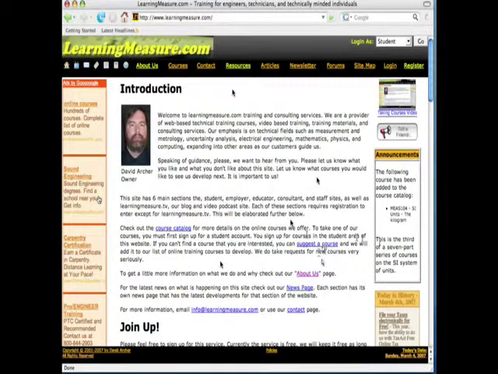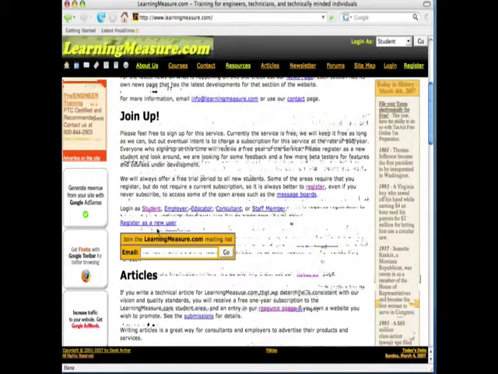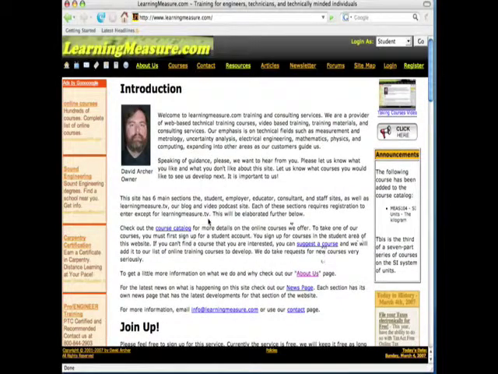Here's the LearningMeasure.com site. Now, I'd like to point out that we really like using Firefox for navigating this site. We recommend you download it from this little ad down here. And we hopefully will be working on a Firefox extension for the website. But it works fine with Internet Explorer and with Safari and other browsers, but we really like Firefox. Just thought I'd mention that. If you want a more detailed explanation of how to take our courses, click on this little short video here. It tells you a little bit more.